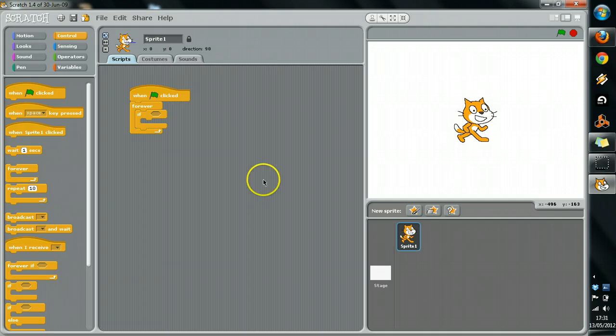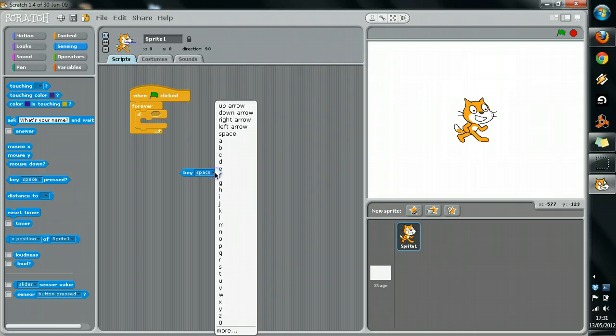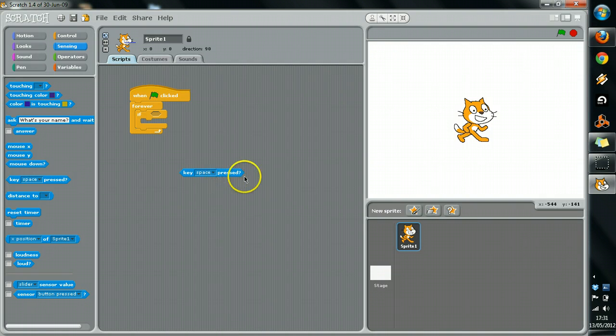So we're going to actually put that if loop inside that forever loop, and we're going to start off really simply, and we're just going to make the character move to the right if you press the space bar. So I'm going to go over to sensing now, and I'm going to look at this key pressed one here, and this is looking to see if a key is pressed. You can choose any key you want, but I'm going to leave it on spacebar for now, and I'm going to drag and drop that into our if